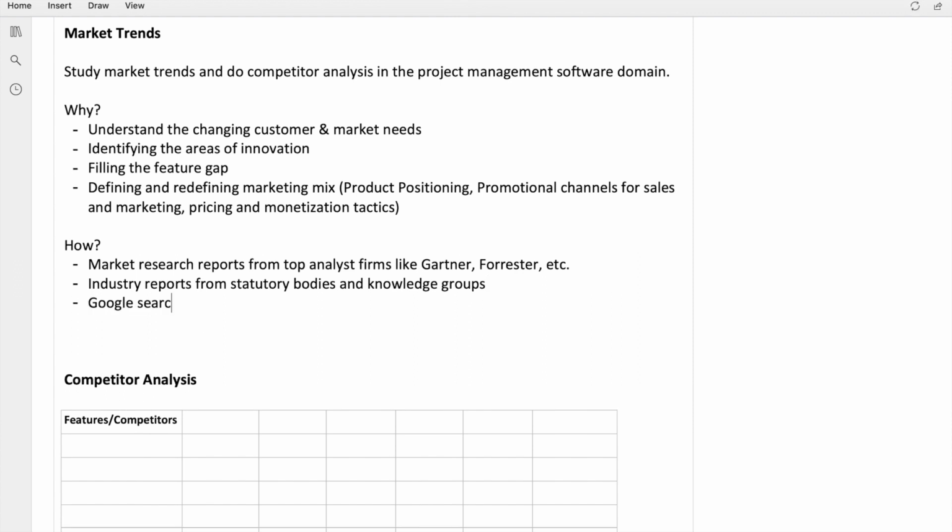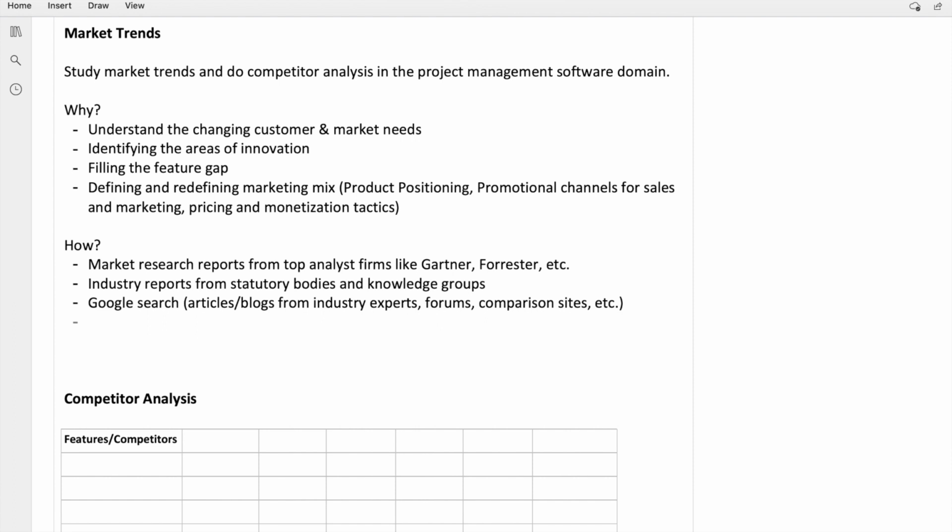So the third one is pretty simple. It's Google for you. So you do a Google search. So Google search can provide you with rich source of information about different articles, blogs from industry experts, different forums, comparison sites, etc. The fourth source that can add a lot of value for our trend and competitor analysis are social discussion sites like Quora, Reddit, Yahoo Answers, etc. So social discussion sites like Quora, Reddit, Yahoo Answers, etc. can also provide a rich source of information as people discuss around different areas, and if the discussion has happened in the software domain area that your product is catering to, then you can get first-hand information on the trends